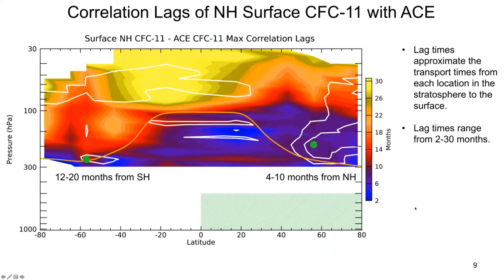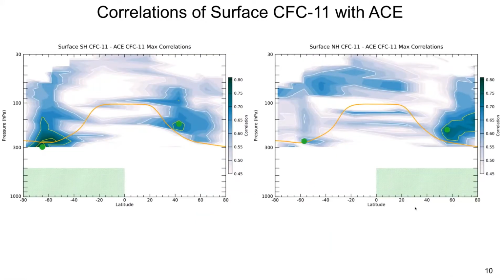This is really unique information, actually. I'm going to show now the correlations with the southern hemisphere surface. There are very few trace gases that can give us this type of coherent anomaly picture all the way through the stratosphere and maintain that at the surface. So these time scales and locations of this correlation are quite interesting and unique, I think, to CFC-11.